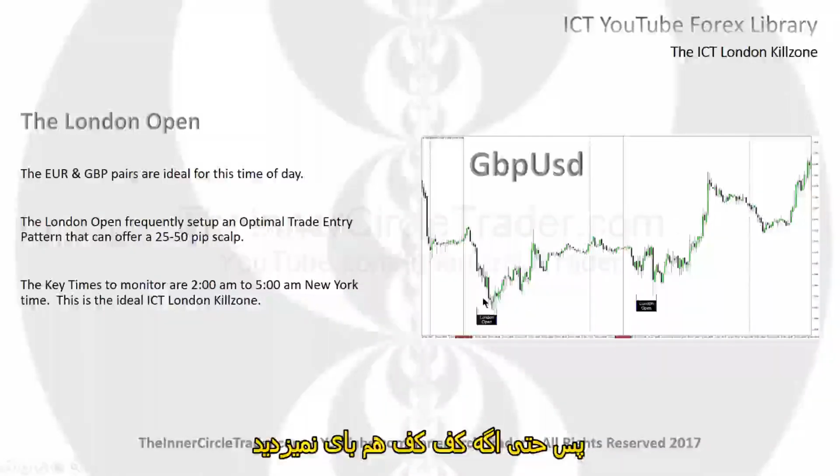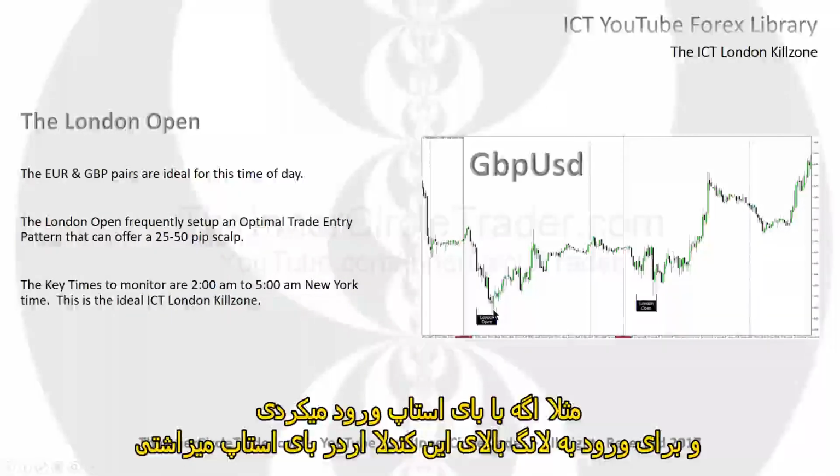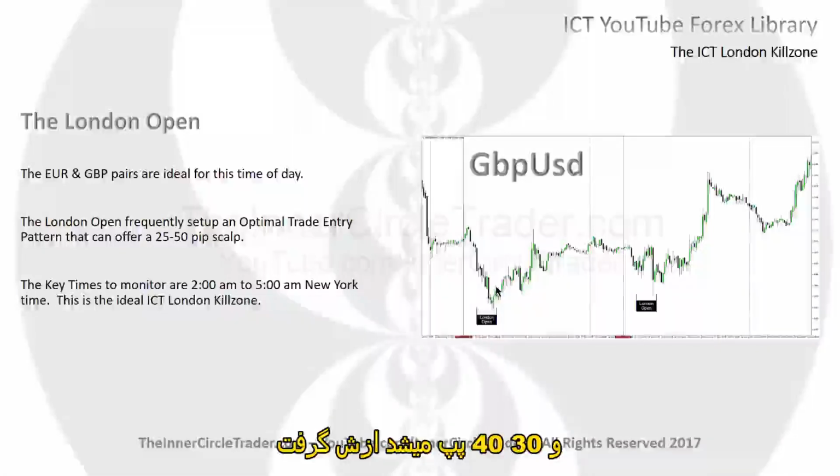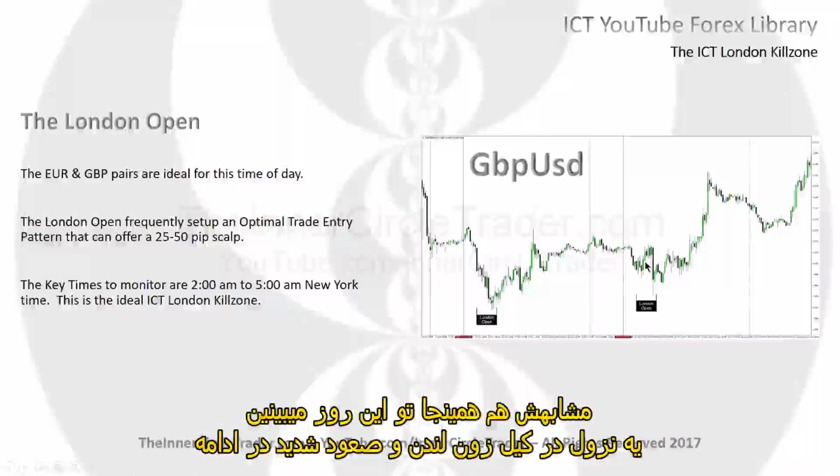Okay, if you could have taken a long, not even at the low, say you use, I don't know, maybe a buy stop to get in. If you trail a buy stop above these individual candle highs and eventually it trips you in, gets you long, and you held on to it for 30, 40 pips each trading day, it adds up quickly, folks. Same thing here. Market creating a low,